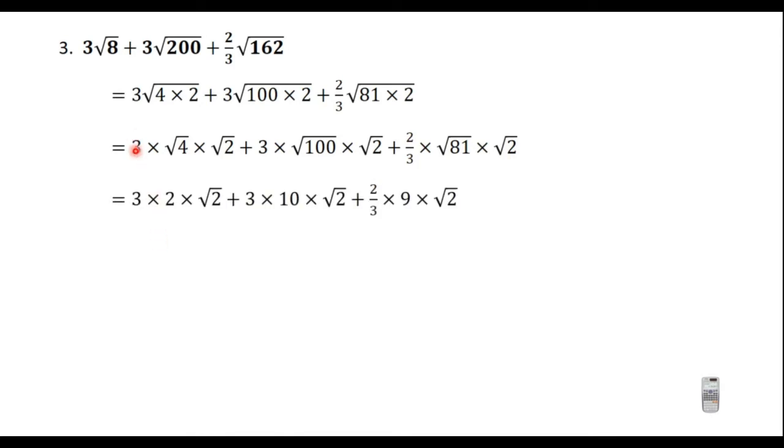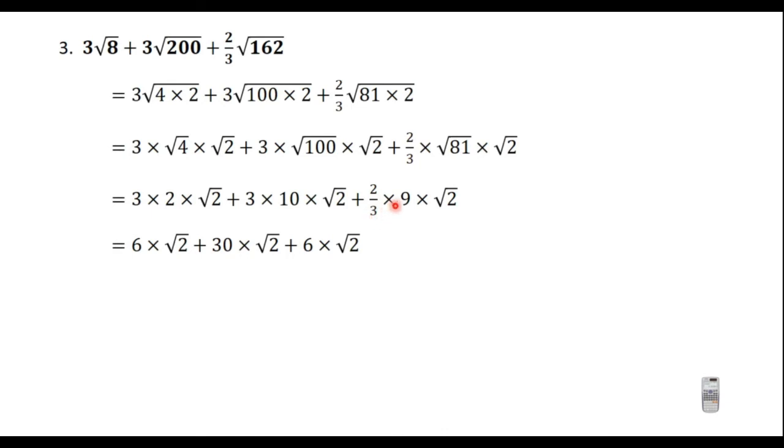Now let's proceed. We have 3 times square root of 4, which is 2. So 3 times 2 times square root of 2, plus 3 times square root of 100, which is 10. So 10 times square root of 2, then plus 2 over 3 times square root of 81, which is 9 times square root of 2. So we proceed. We have 3 times 2 to give us 6 times square root of 2. We have that here. So plus 3 times 10 will give us 30 times square root of 2, plus 2